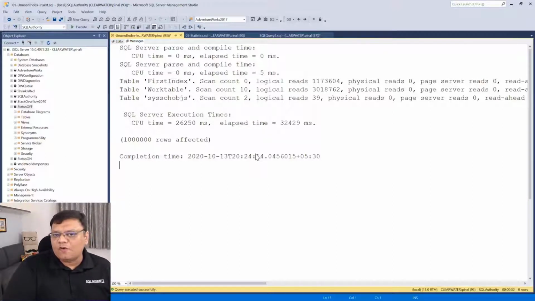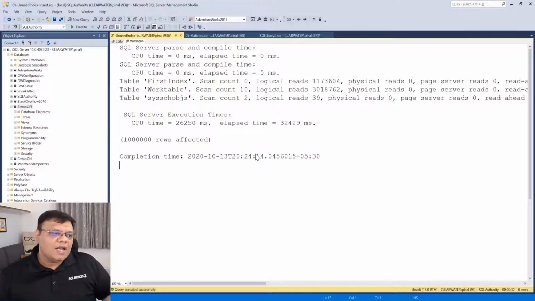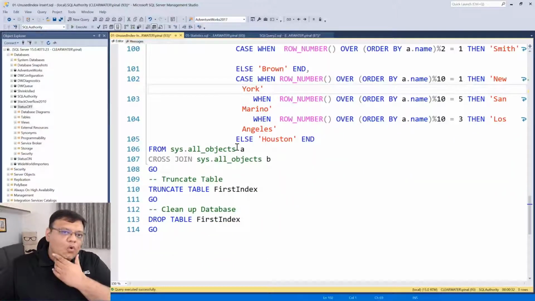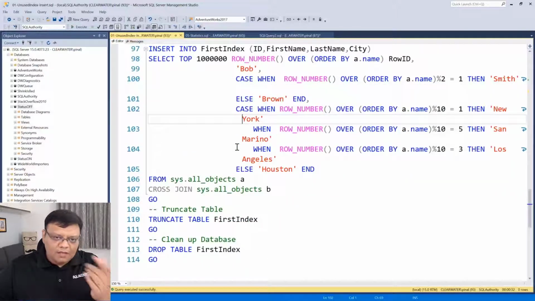Why? This is because of all the indexes which have been created. So what happens is, when you are updating your table, SQL Server also has to maintain all the non-clustered indexes, and all the non-clustered indexes also have to be updated, and they also create IOs, a lot of IO, which leads you to 32 seconds. So please understand, very interesting behavior over here. The query, which was taking 2 seconds, now took around 32 seconds.